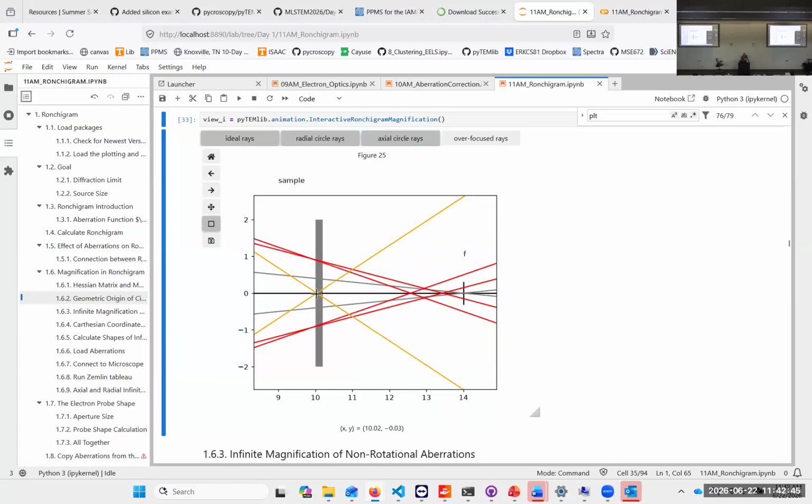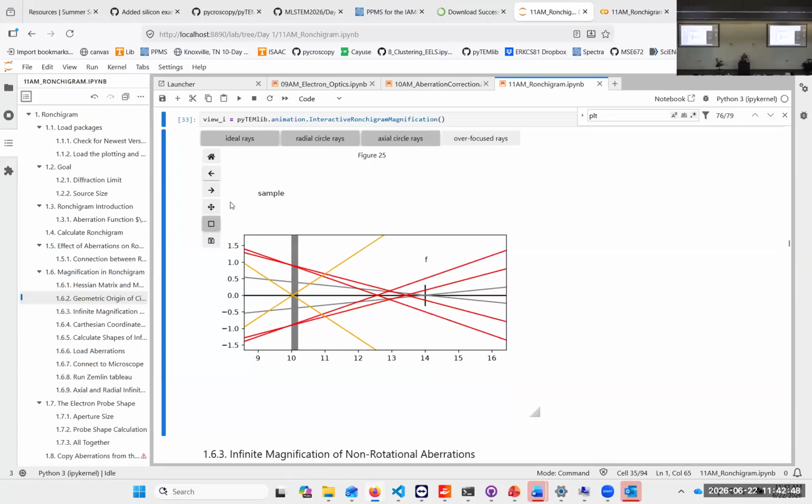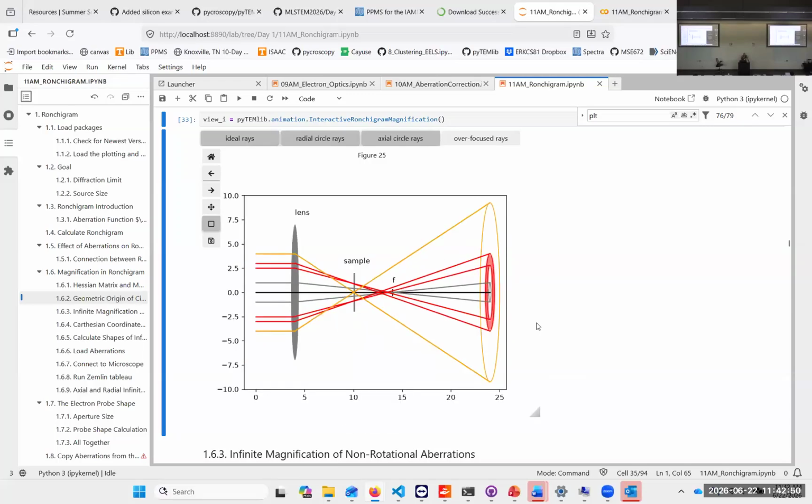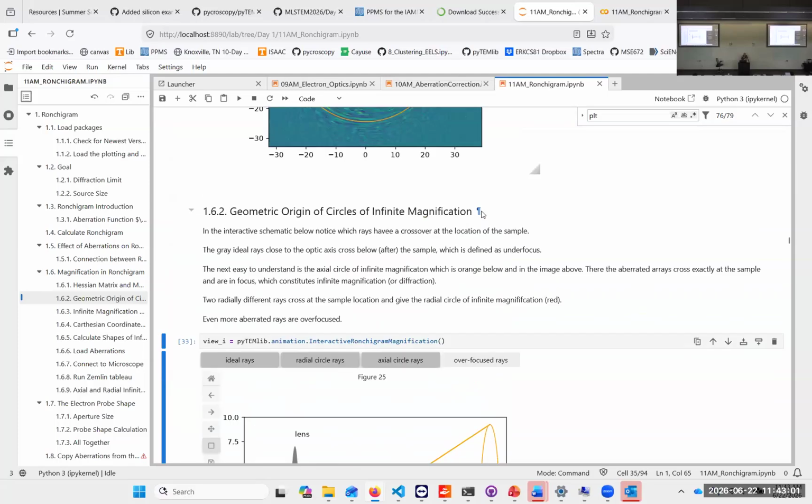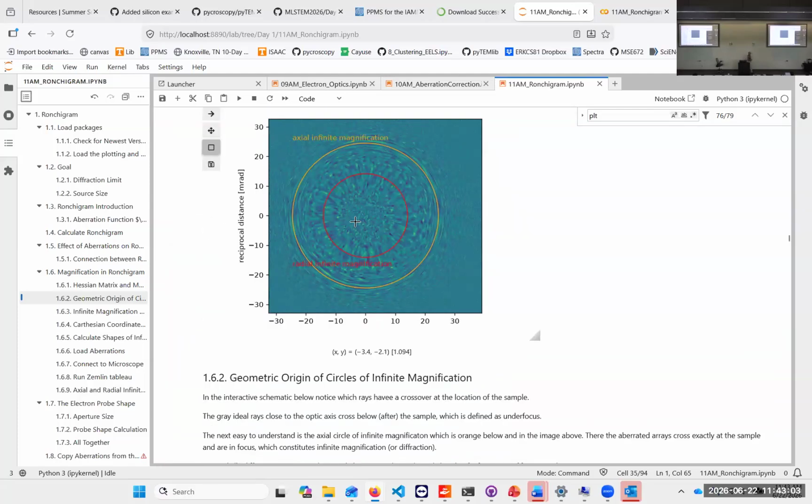So we have that in the center. And that gives us the outer ring that has the axial infinite focus. So this is how we can define that, and the infinite magnification rings here are directly related to our